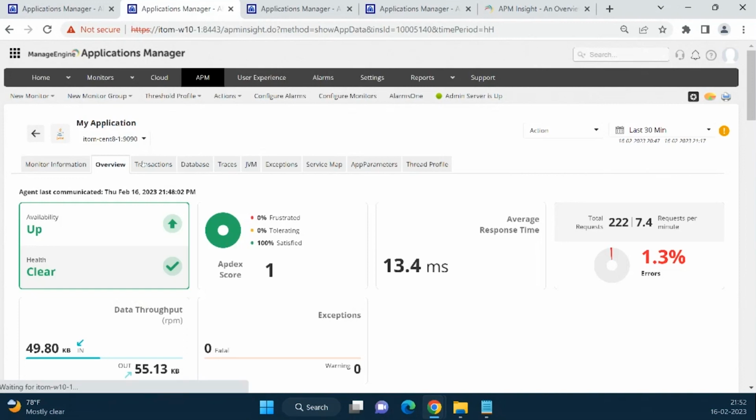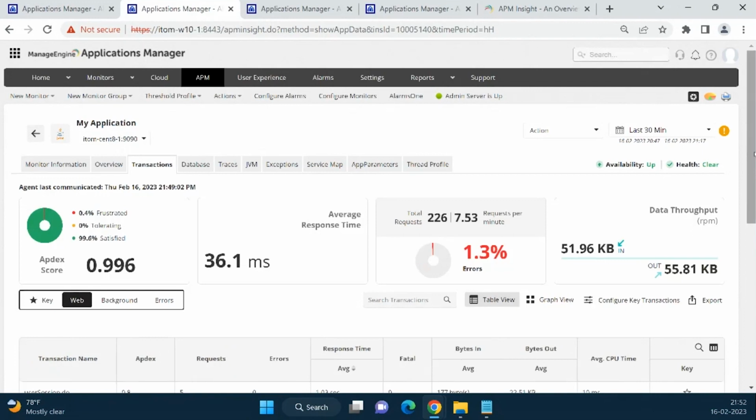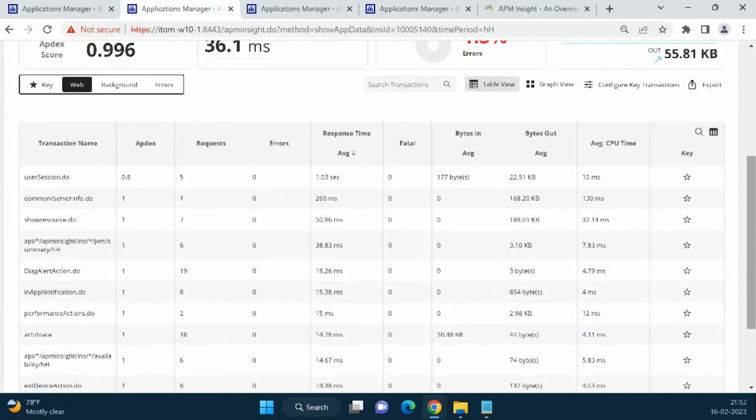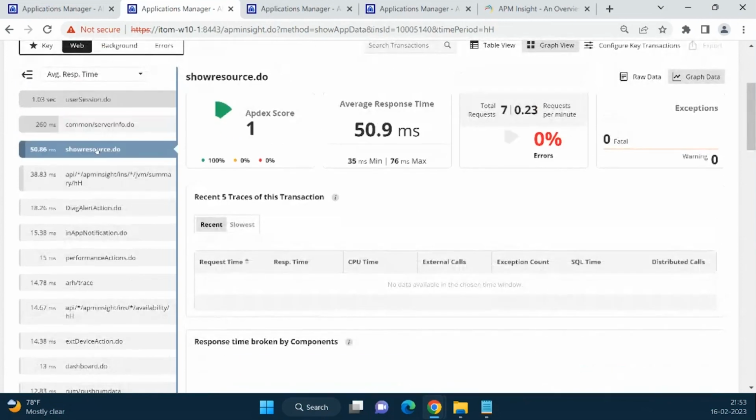And under the transaction tab, we will be able to monitor the individual transactions made in the application. So this will let us know the action which has consumed the longer time, the frequently accessed transaction, and get a tier-wise breakdown of the transaction from the individual application level to the transaction level. So further, when I click on the individual transaction, I will be able to monitor the most recent traces and